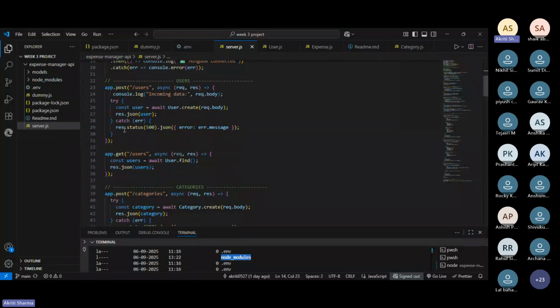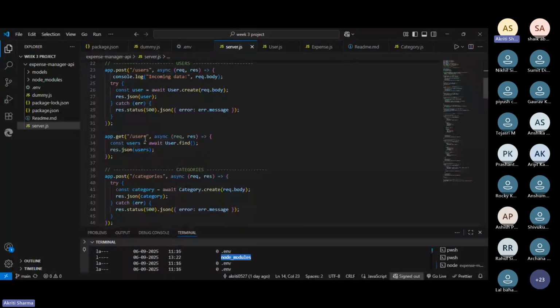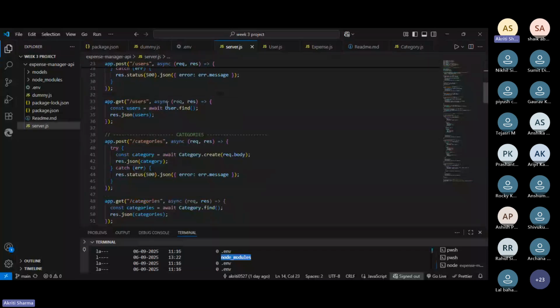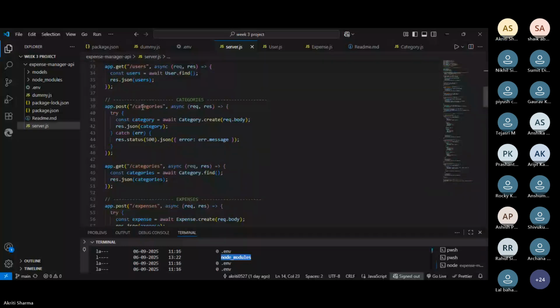And in the catch block, I simply give a status 500 and an error message. In the same route, I created a route by the get method, where I display the user details by using the user.find function, and gave a JSON response in the backend.